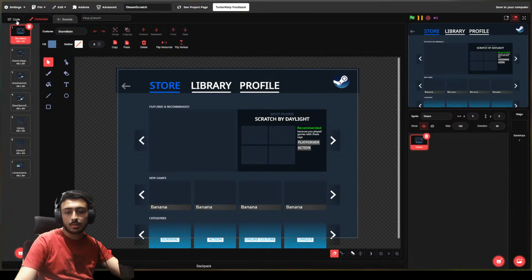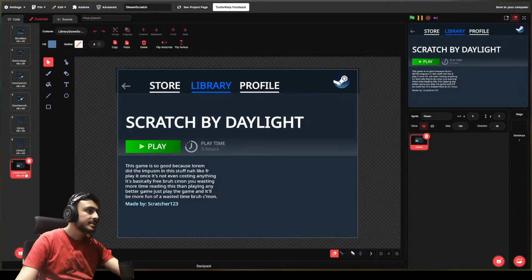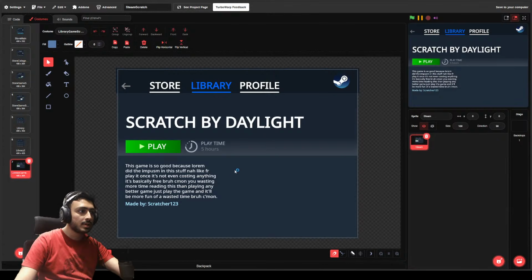What do you guys think? What's going to be in the profile tab? I think I have not designed it yet because I have never used those profile features. Let me check. I'm opening up Steam, so let me check. You guys won't be able to see Steam because you are in window mode, but let me check. If there is any private information, I'll just hide it.